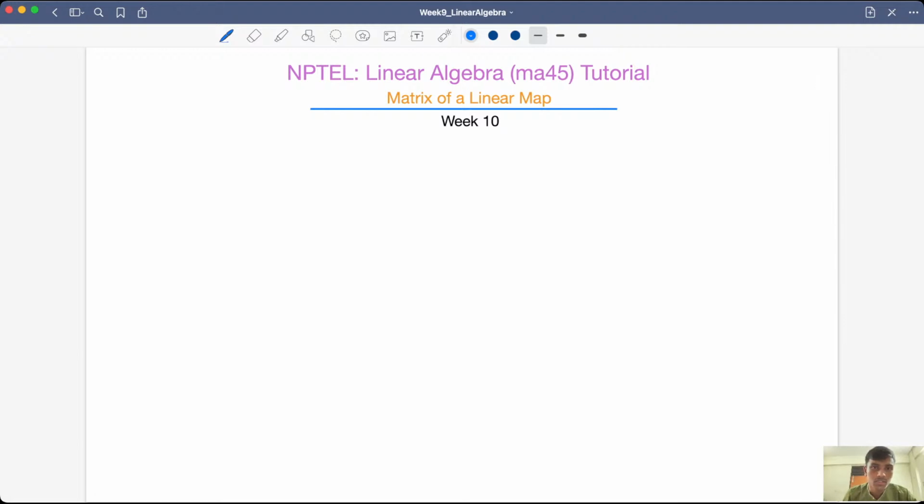And today we'll be discussing some problems related to the matrix of a linear map. So let me start with how the matrix of a linear map is defined. Again, the assumption is: suppose V and W be two vector spaces